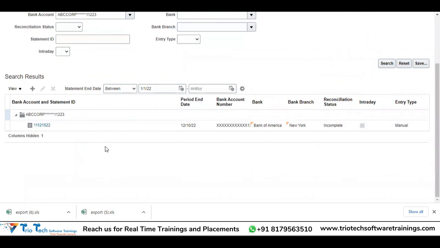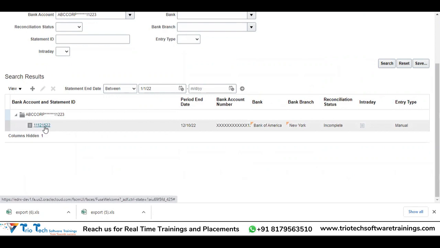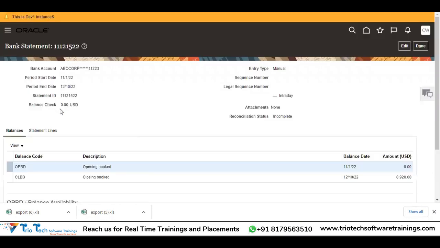But yeah, even if it is imported, this is how it will look like. Once it is imported successfully, this is how it will look like. But if it is an imported type, then the entry type would be imported instead of manual. That would be the only difference. Okay, now if I open this bank statement by clicking on the statement ID,